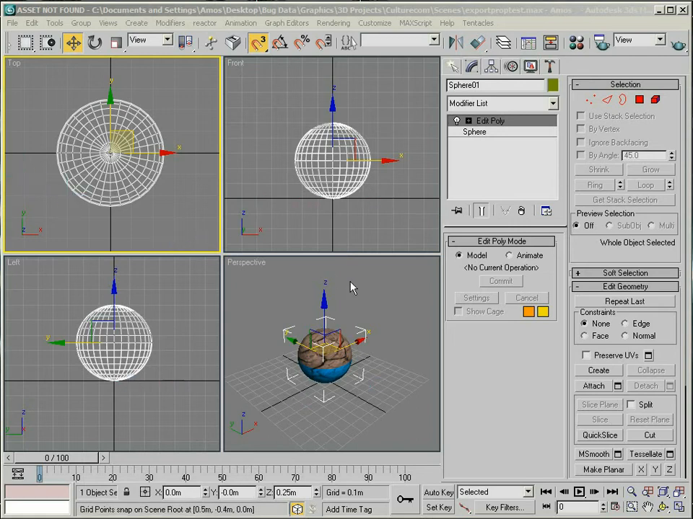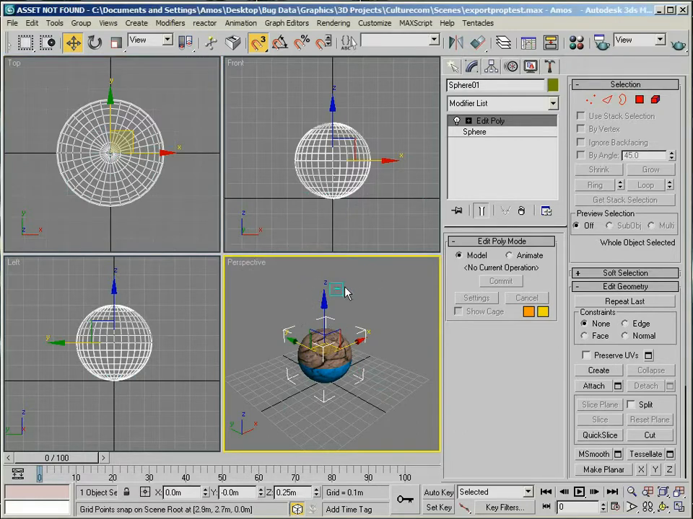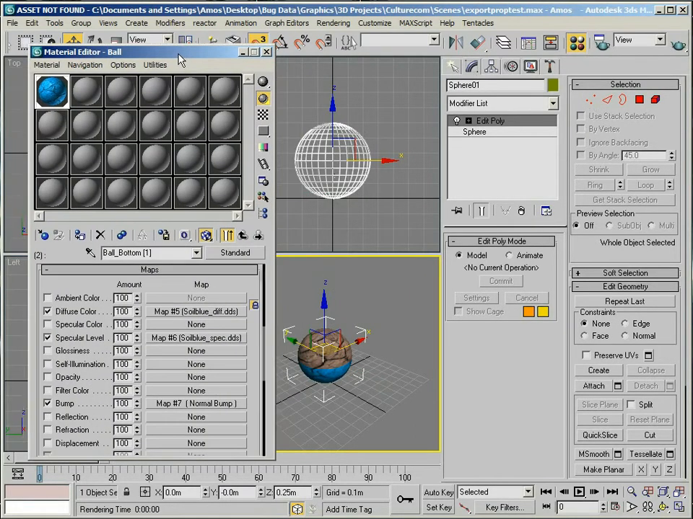Welcome to another Max to Moviestorm tutorial. In this tutorial I'm going to be concentrating on getting this ball from 3D Studio Max into Moviestorm via the Modders Workshop. Now, there's a couple of things that we need to do first, so we just go into the